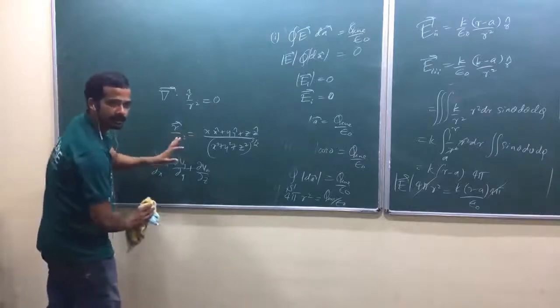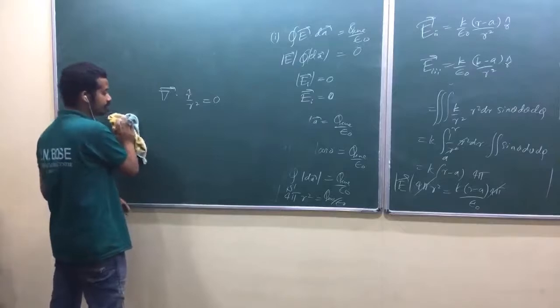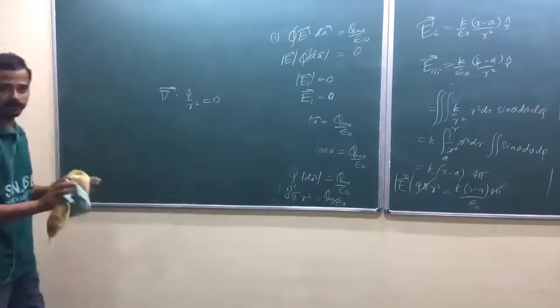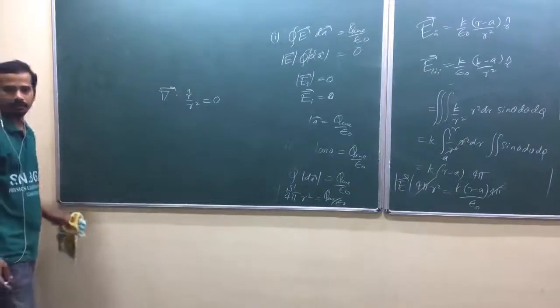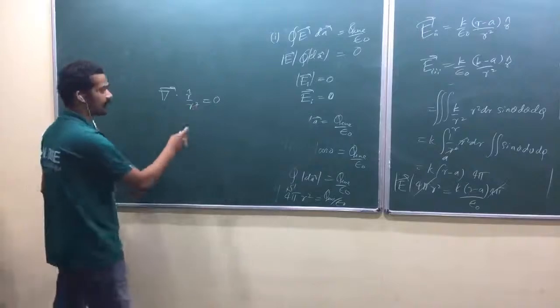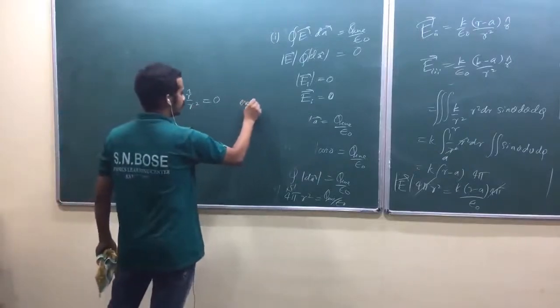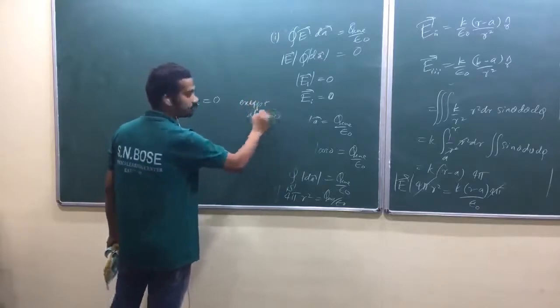Yeah, it will be 0. Am I right? Even in Cartesian coordinates it is 0. But that's better, don't go for Cartesian coordinates. You have a tool in spherical polar coordinates where it is very easy. Are you getting my point? So it is 0 except at r equal to 0. We better write it like that.